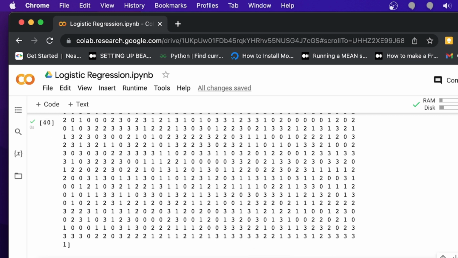Okay. So 0 mod 2 will be 0, 1 mod 2 is equal to 1, 2 mod 2 is equal to 0, and 3 mod 2 is equal to 1. So you see, your data will be converted to only 0 or 1 in this way. So after going with this operation,